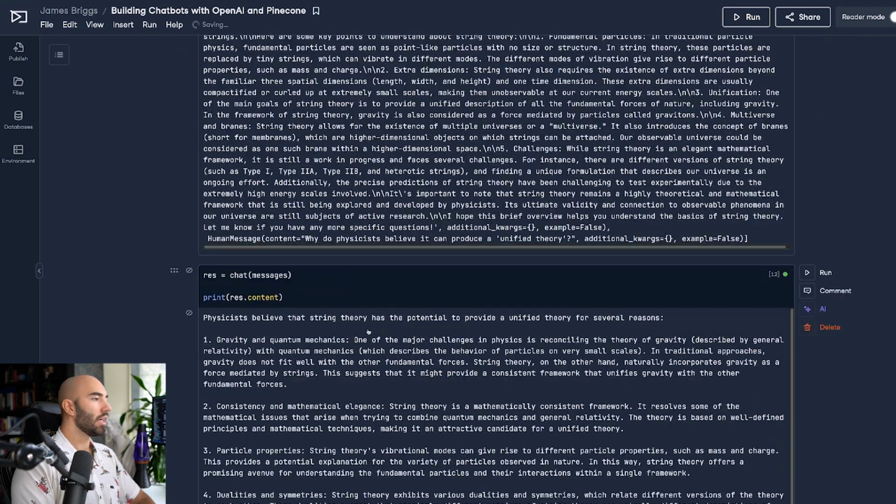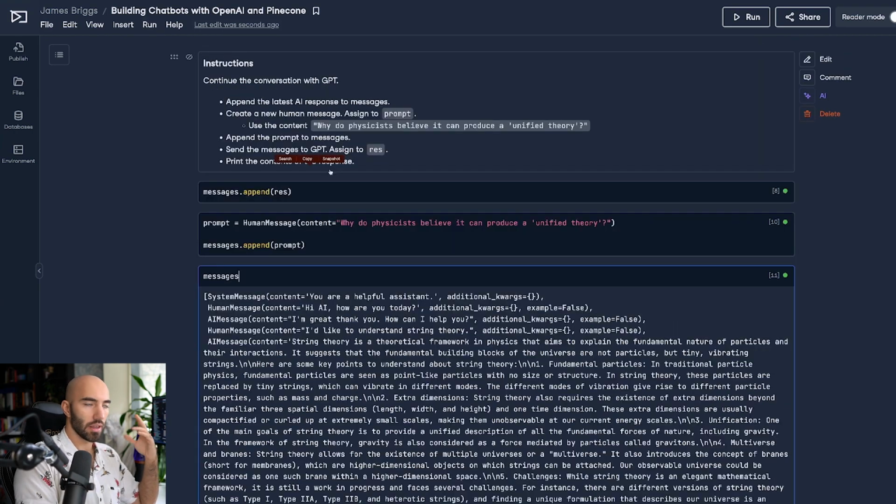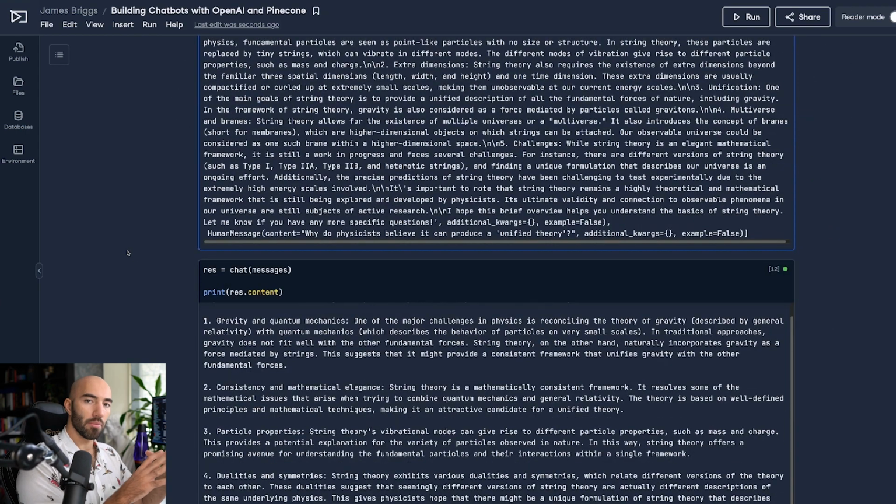Okay, cool. You'll notice as well, as we keep adding more and more messages into our chat here, the response times actually get longer and longer. That is because you can think of it as with every single token, or maybe every word, the AI model, the GPT 3.5 model, is looking at every single word one after the other.